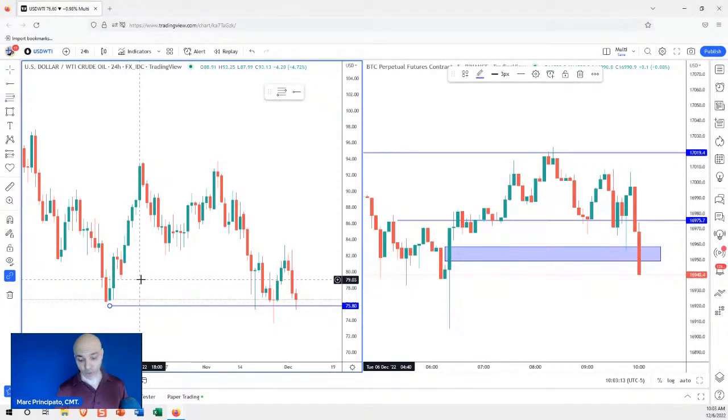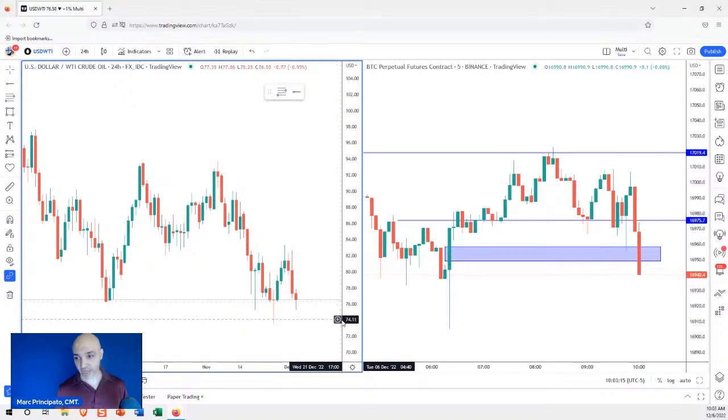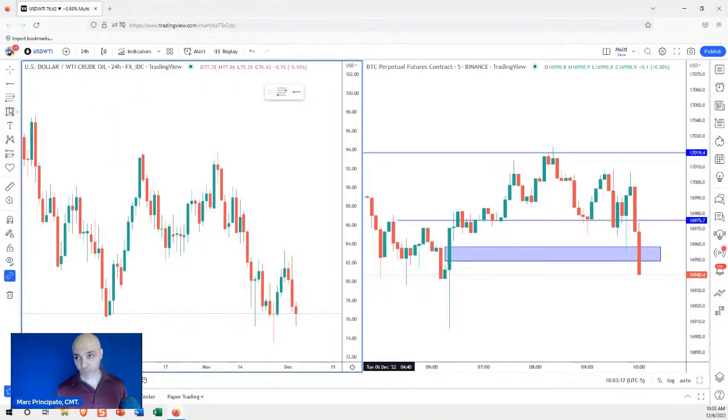I also shared the euro at the same time, okay? And the previous week was full of events: we had Chairman Powell on Wednesday, and we had NFP on Friday. I sat through that whole time with the oil and the euro. The euro got stopped out. Oil, right? Oil was worth at one point like 4 or 5 points, and the risk on that trade was 5 points, right?